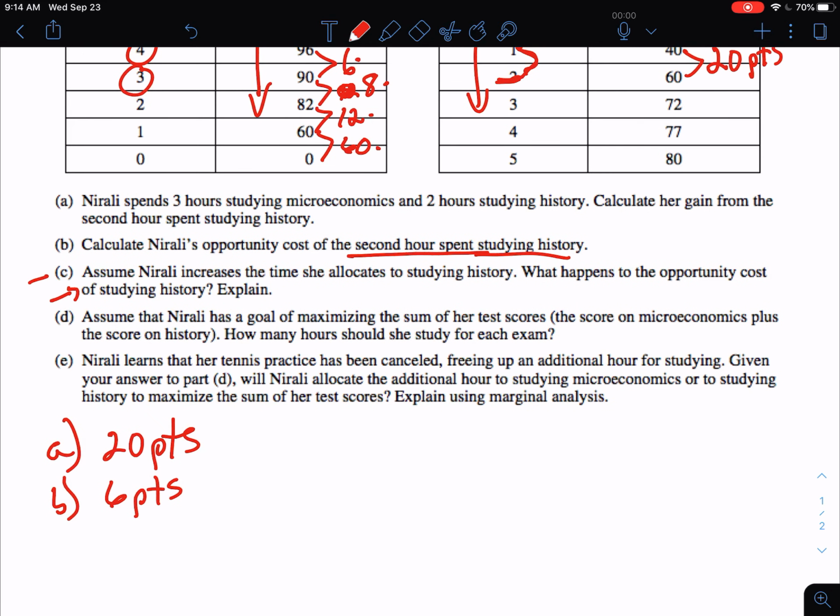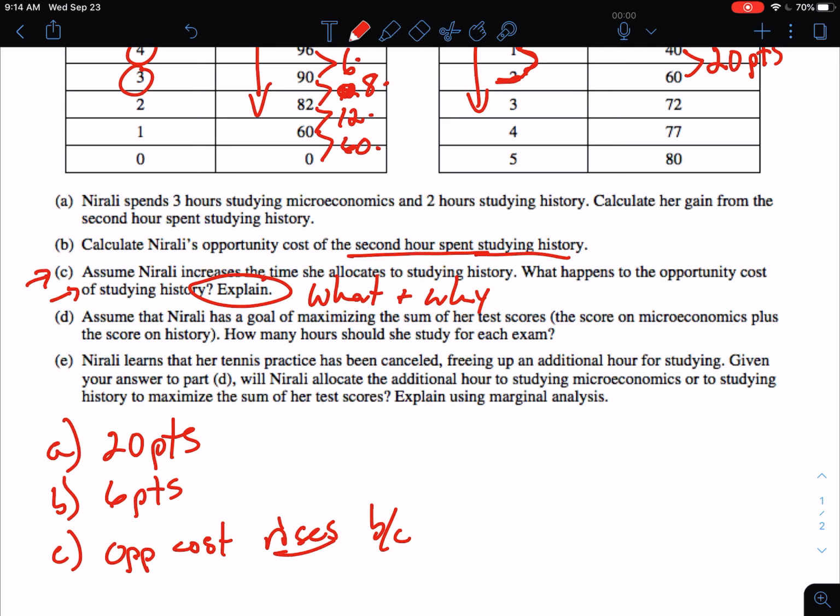So notice this part C says to answer with an explain. Explain means you always need what and why. You will typically get 1 point for the what and 1 point for the why. So the what is the opportunity cost rises. And the why is because